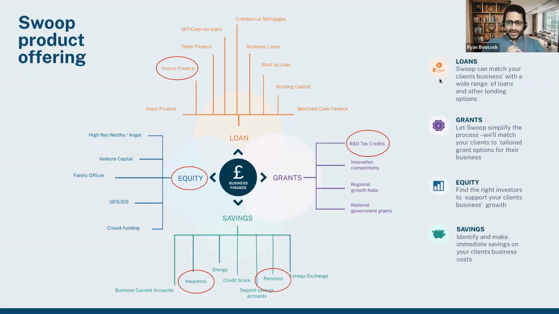This is in addition to things like energy, which we've always seen as being a really useful option to provide for clients. If any of you are using auto entry or Dext and you have the utility statements for clients already, you can share those with us, and then we can find usually 10 to 30% off what they're paying. If that means that they don't need to borrow, that's fantastic. If it means they can afford to borrow for growth, that's also fantastic. If it means they can potentially justify some more of your services, then that's a win as well. But it can change the conversation for them, and change the conversation that you're able to have with them around things like cash flow and around funding as well.